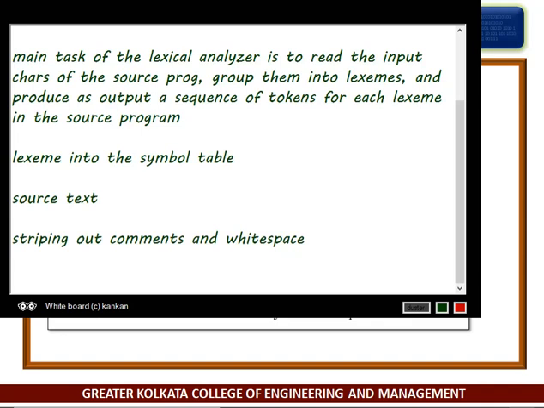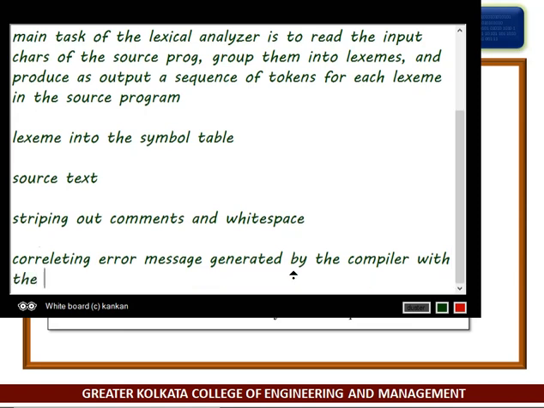Another task is correlating error messages generated by the compiler with the source program.